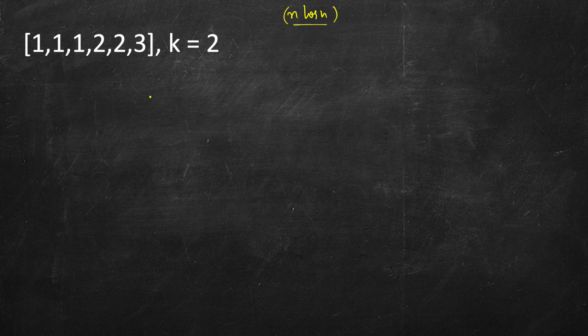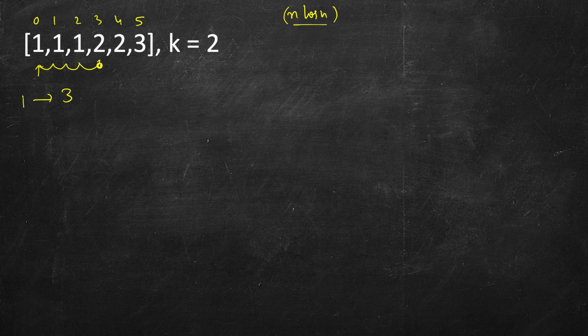So what we can do, we can try a few approaches. One of them would be to sort the array. So in this case it's already sorted, but it may not be the case. Once we have sorted, we will pick the first element and go to the next until we find a different element. So these are the indices 0, 1, 2, 3, 4, 5. When we reach 3, we see a different element. So we subtract 0 from 3 and we put count of 1 is 3.